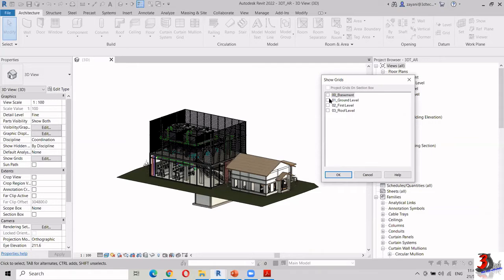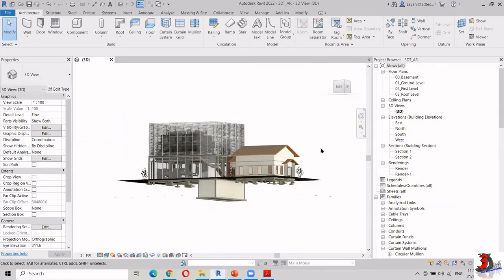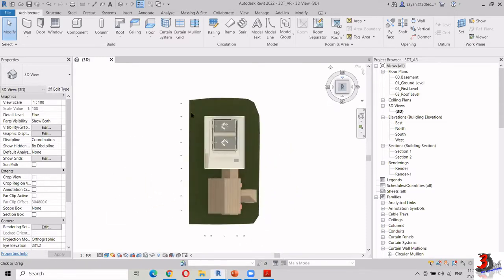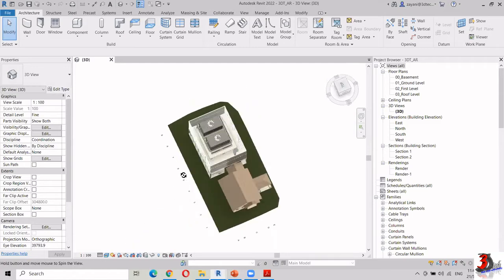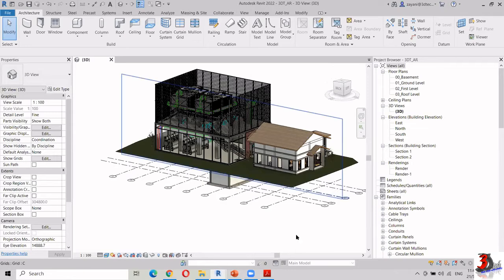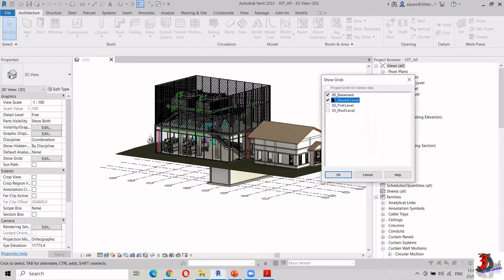For example, if I wanted to view the basement grid, as you can see there, that is the grid from the basement level. Of course, if you view it from the top, you will not see the differences. But if you navigate to some part here, you will see that the grid is actually from the basement level. They also make it available for you to open up maybe two or three levels simultaneously. There is no limitation on how many levels you want to show the grid. It is totally up to you, as long as you feel comfortable with it.